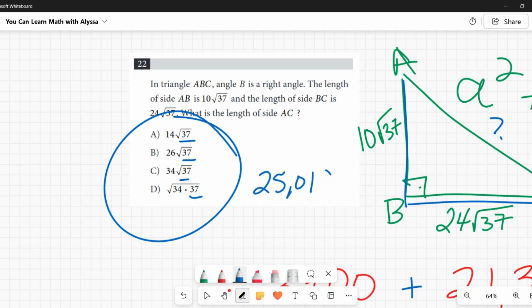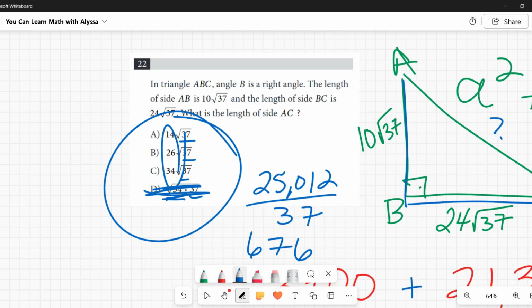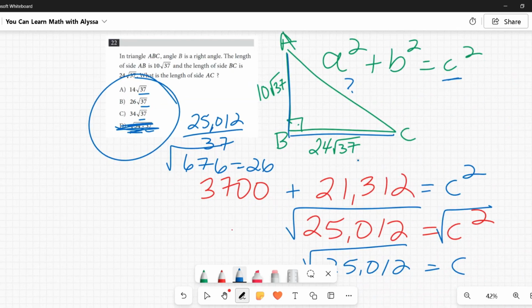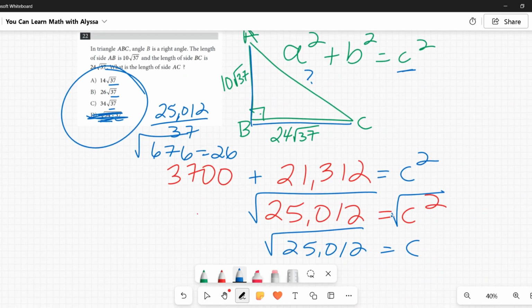So 25,012 divided by 37, just to see what would happen when I do that. And I get 676. All right, so I'm not getting 34 times 37, so that one's out. So 676 must be the perfect square of either 14, 26, or 34. So I can take the square root of 676, and I get 26. And so what I'm actually doing when I'm saying all this, I'm going to write it out to be clear. I've discovered that the square root of 25,012 is equal to